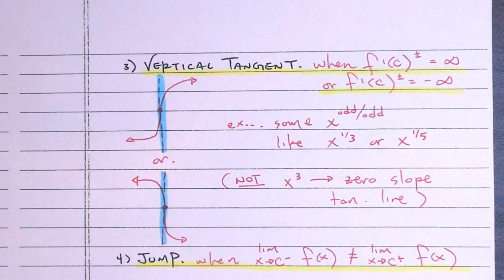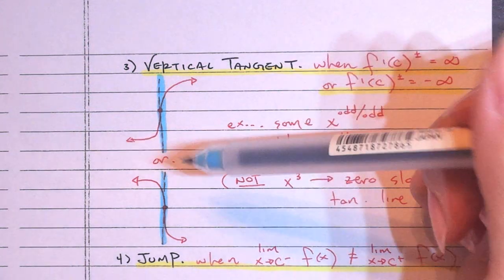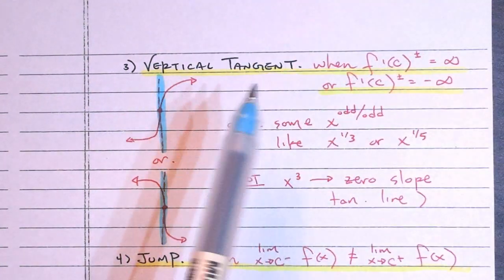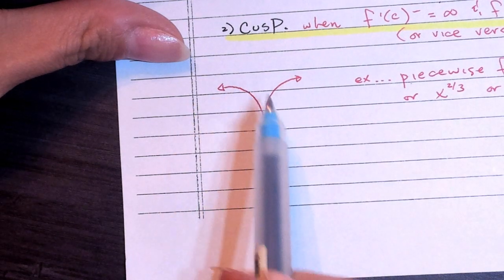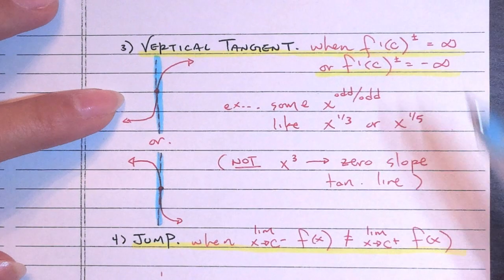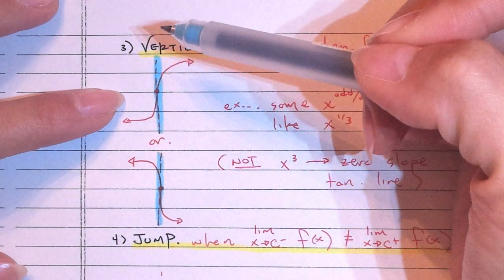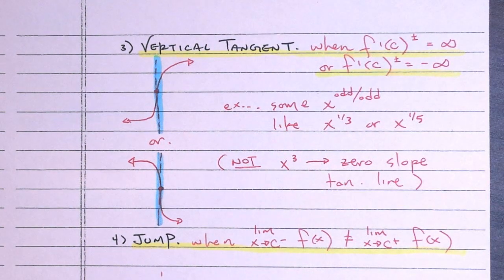So it is possible sometimes to have a tangent line with a 0 slope, like the very top of a hill. Like if this was a hill, we would have a 0 slope at the top. But then it's also possible to have a vertical tangent. So a vertical tangent